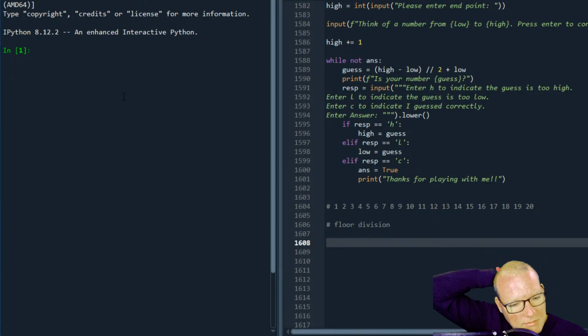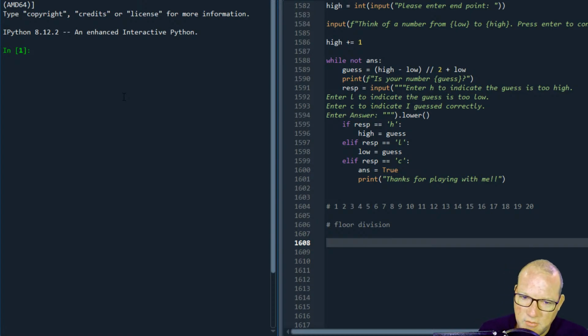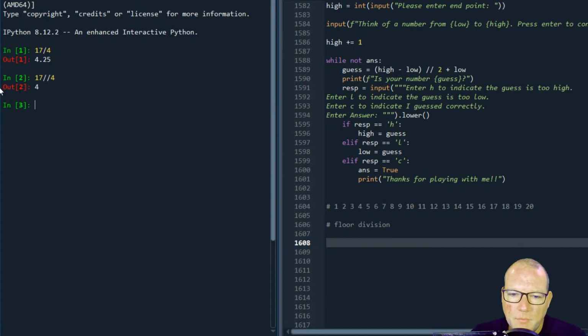All right, floor division. So it's the whole number inverse of modulo. With modulo, you got the remainder. With floor division, let's see, 17 divided by 4. What is that? 4. All right. So then I add a second divisor sign, and I turn this into a whole number.